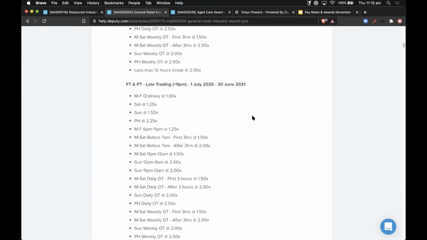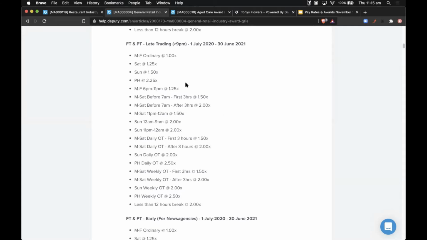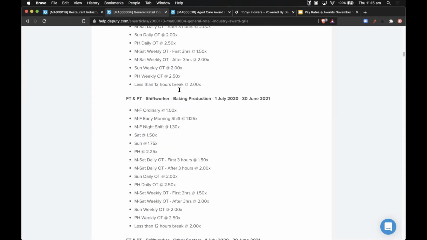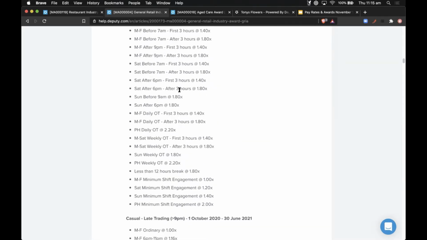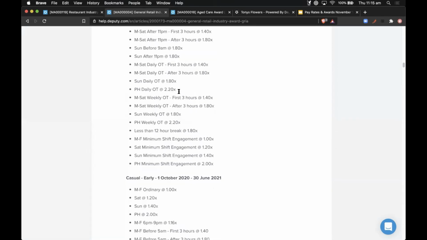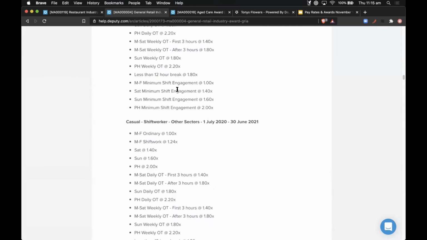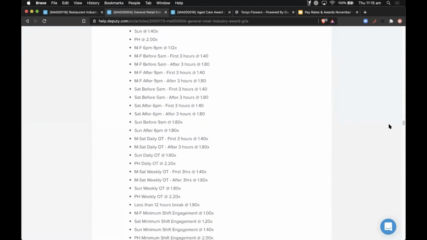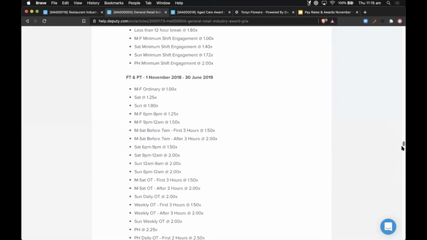But again, if I just scroll down, there's another concept to understand here, which is not only the overtime calculator, but also the allowances as well. So if I scroll down, as you can see, we've accounted for a lot here, but there's a lot to account for. We'll see that we eventually get to allowances. I'm just going to speed that up.